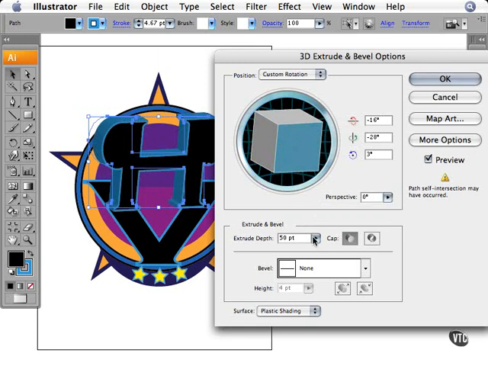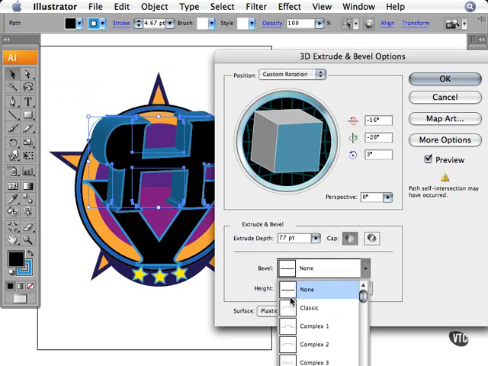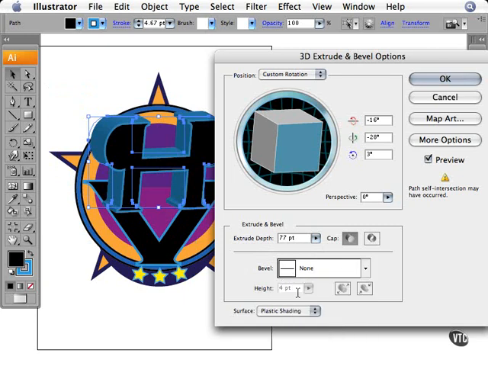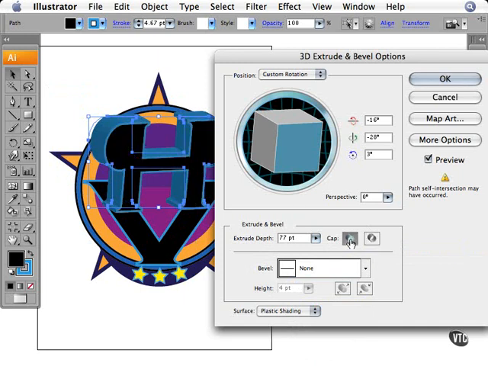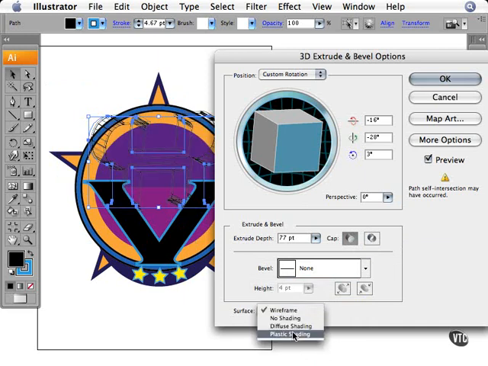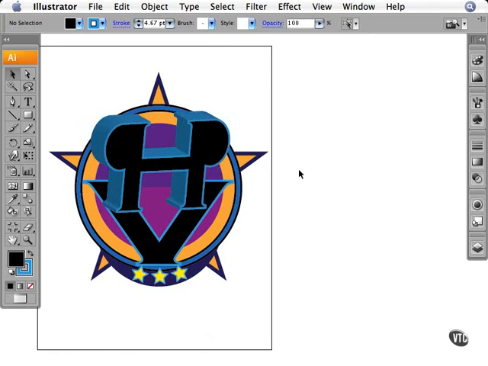And I can also determine the extrusion amount and the amount and type of bevel. So I can choose the bevel type, and I can choose the height of that bevel. I can also determine to put a cap or have no cap so I can see through the letter or whatever object I have selected. I can also determine the type of shading, from no shading to wireframe to plastic shading. And once I'm happy with my options, I can then click OK, and I can see that effect applied to